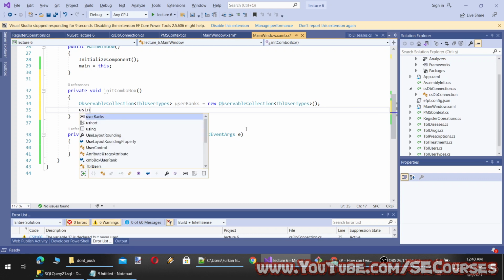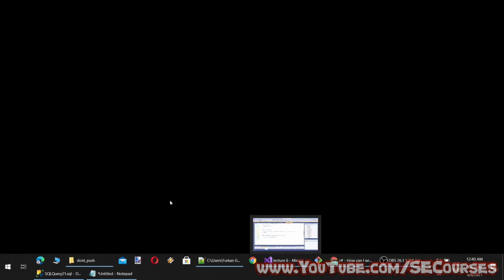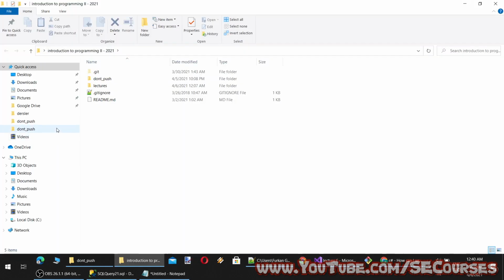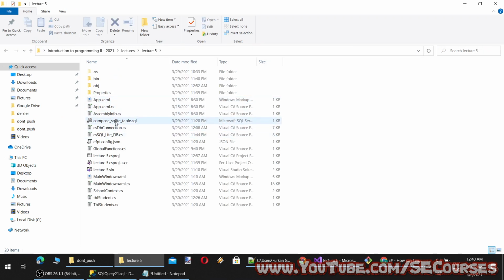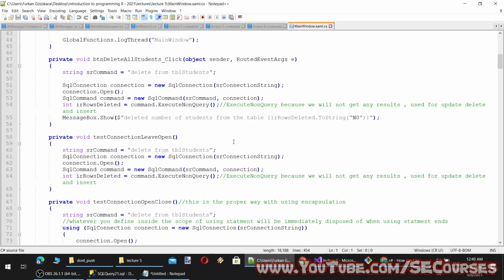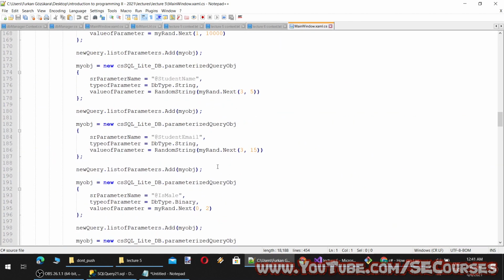So to do it, we will use using, and I don't remember the exact syntax because I am still not used to it yet. So let's open our previous code.